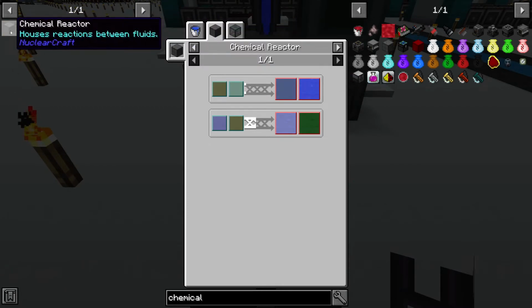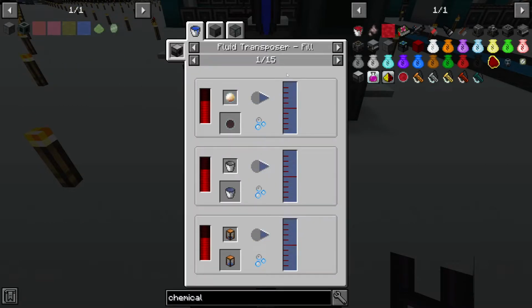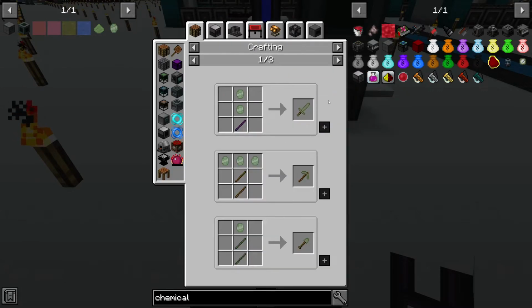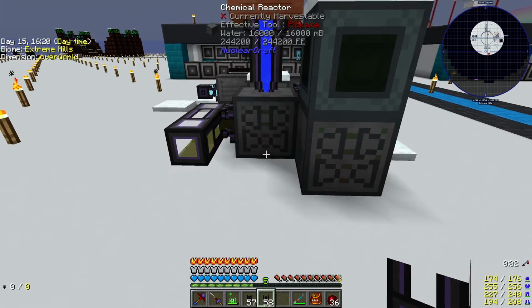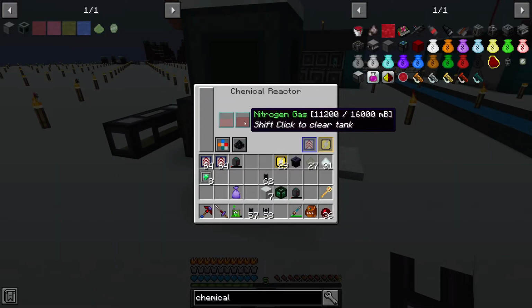Okay, so we're going to make one more chemical reactor, and then we'll make a crystallizer. Crystallizer is going to go to a hexagonal, which is going to go to a pressurizer to give us cubic boron nitride. Okay, so I need one more of these. This has